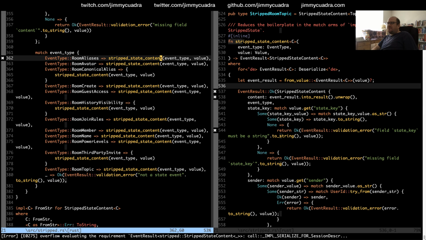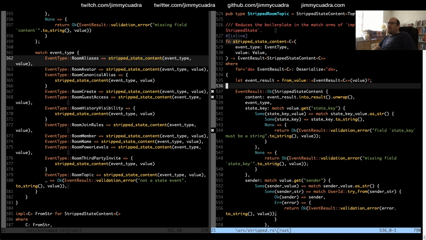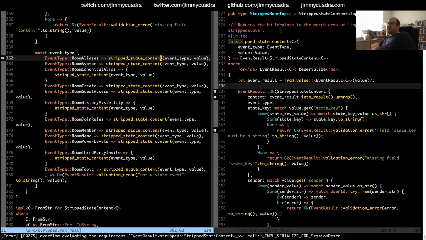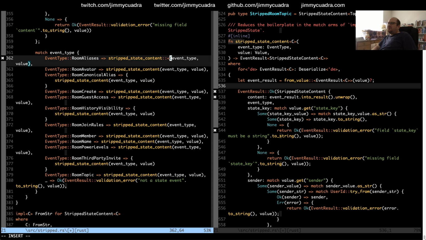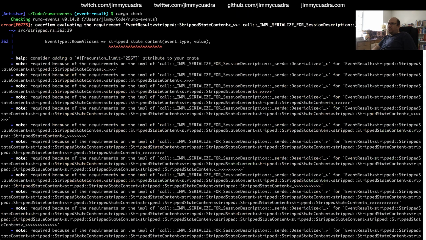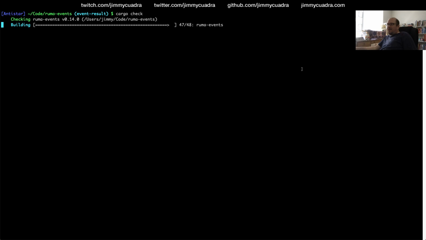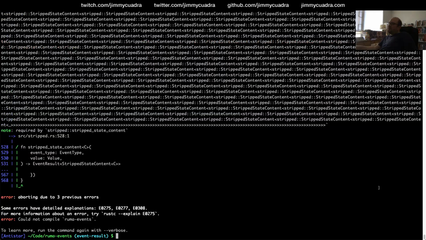Maybe it's because of what type does it think this is? Oh, wait a minute. Let me just try doing something stupid here so it'll give me a type error and I can see what type it actually thinks it's returning.